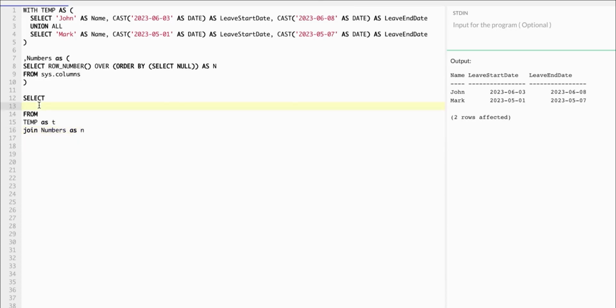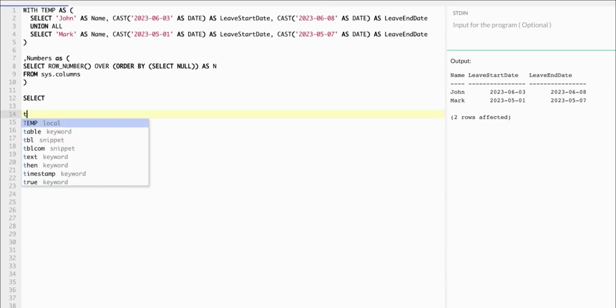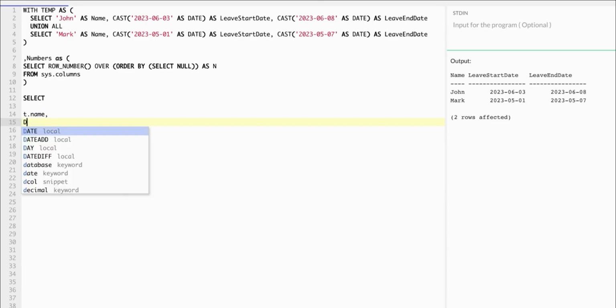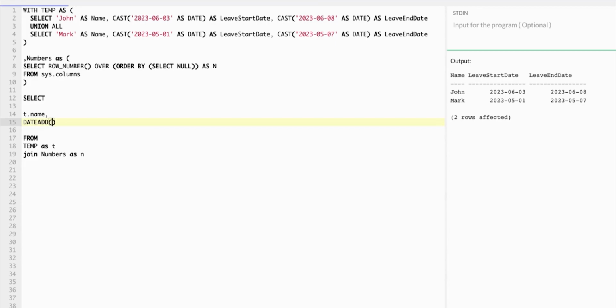Let's first focus on what we are going to select, and then we can focus on the joins. What do we need? We need t.name, comma. Next, we can use DATEADD just to add days to dates. Leave start date, day,